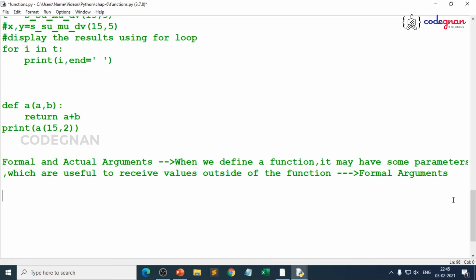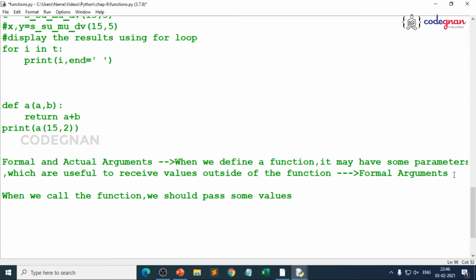That is the difference between formal and actual. When I say formal, we define a function and expect to receive values from outside of the function. And when we call the function, we should pass some values or data according to the function's defined arguments.